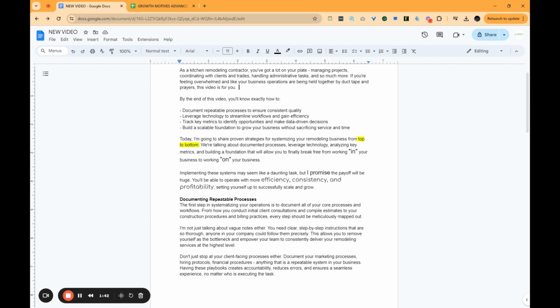Documenting repeatable processes. The first step in systemizing your operations is to document all of your core processes and workflows, from how you conduct initial client consultations and compile estimates to your construction procedures and billing practices. Every step should be meticulously mapped out. And the reason for this is what I'll explain just now. I'm not just talking about vague notes either. You need clear step-by-step instructions that are so thorough and so in detail that anyone in your company could follow